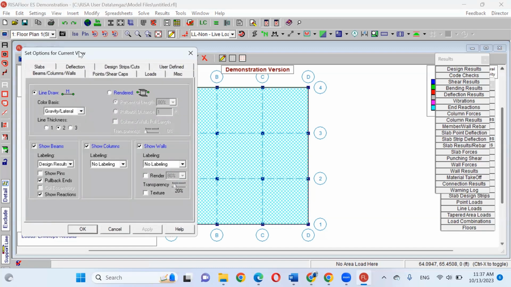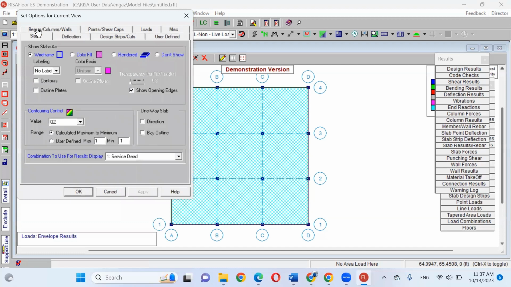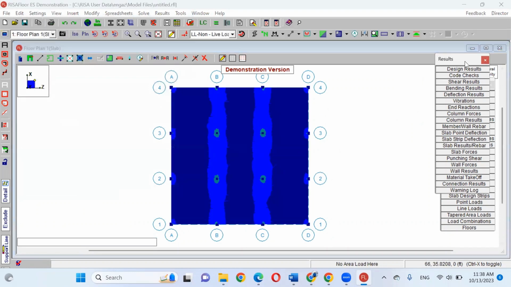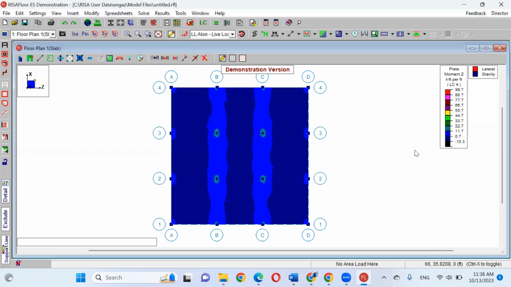That makes sense? I will look for slabs. I will select slab here, and I will select color fill. I will select contours, and I will select MZ. And I will select strength, dead and live, which is the last combination, number 4. And I will say okay, and I will have this contour line.